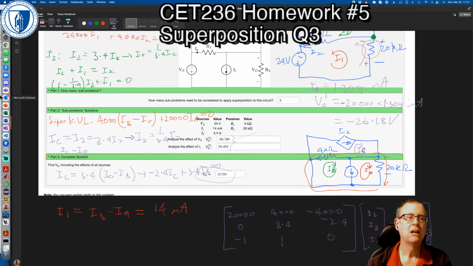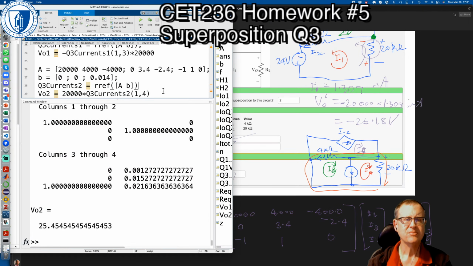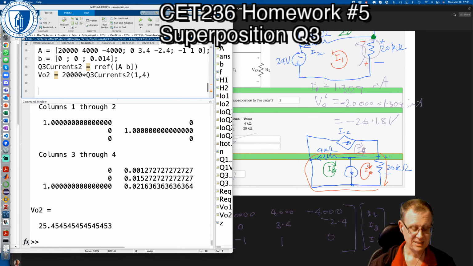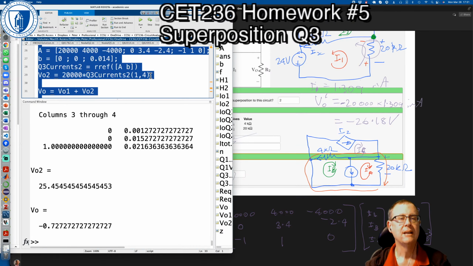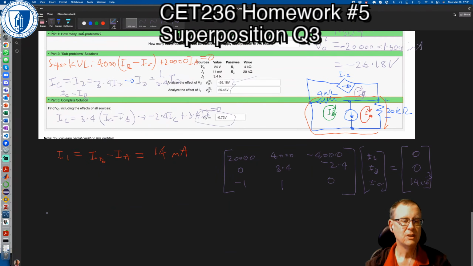Okay, let me just paste that. Right, so our V out equals VO1 plus VO2, and it's 0.7273. And I'll try and put all of those MATLAB things